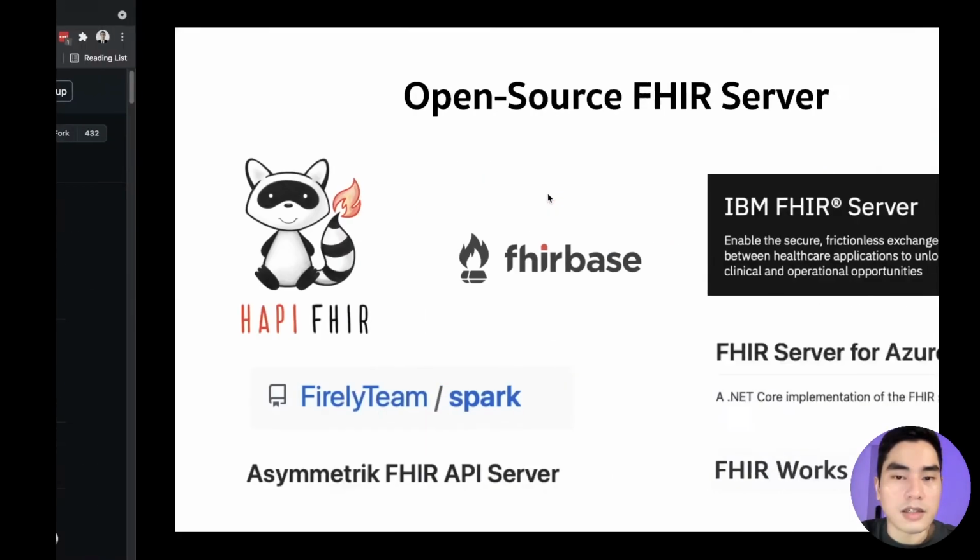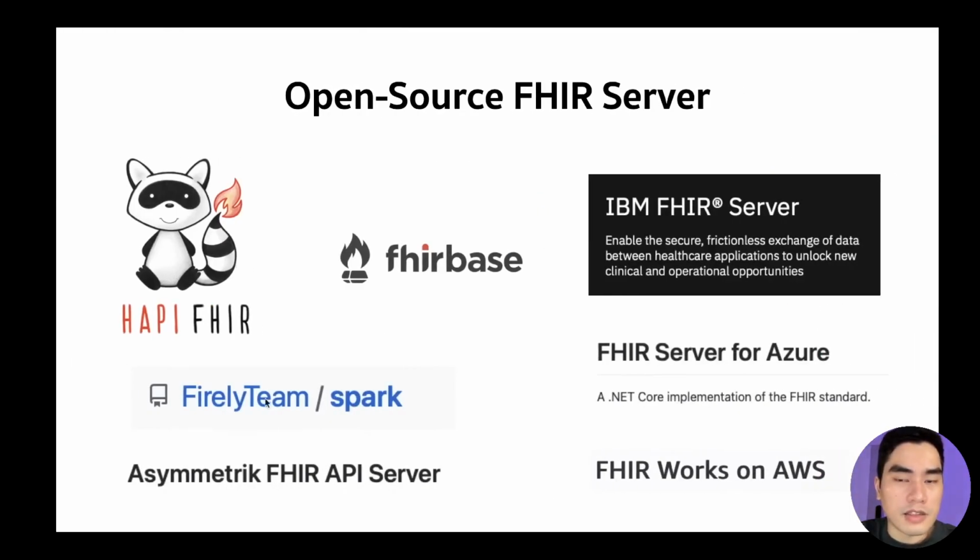So that is HAPI FHIR, and there is another one as well. I think Firely, there is also another FHIR solution vendor. They provide a lot of tools for the community, both free and commercial. Spark is a reference implementation in .NET that they provide to the community.